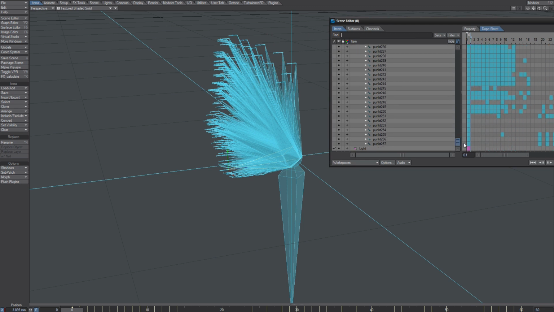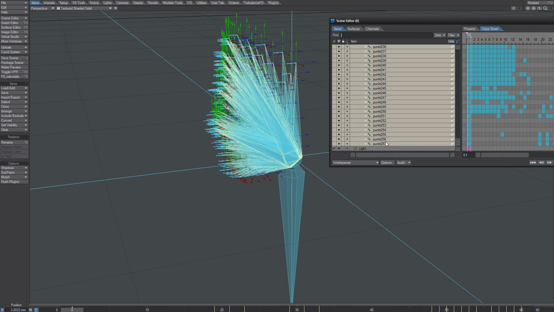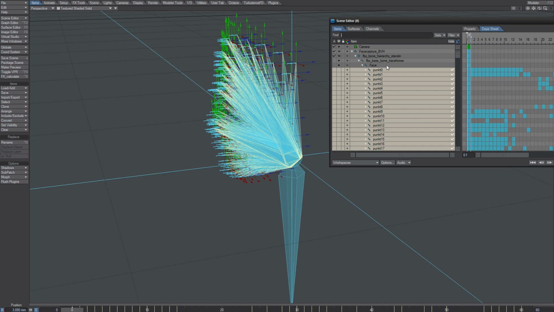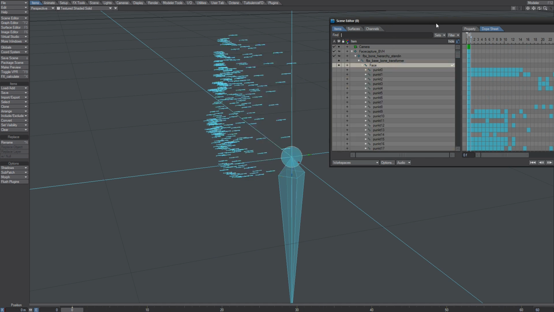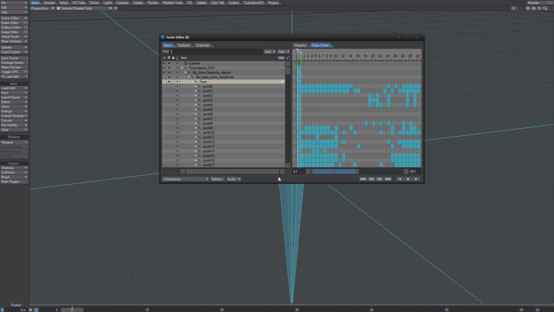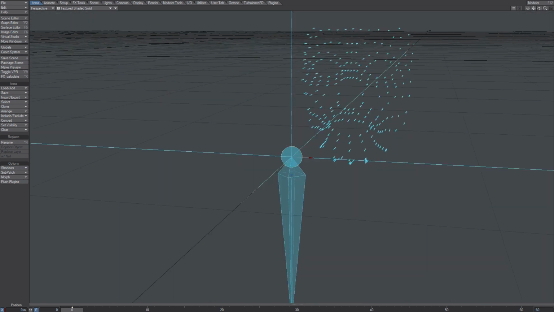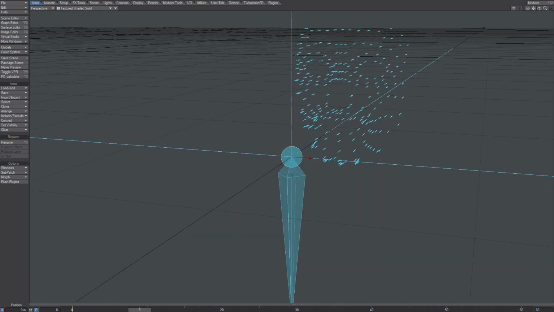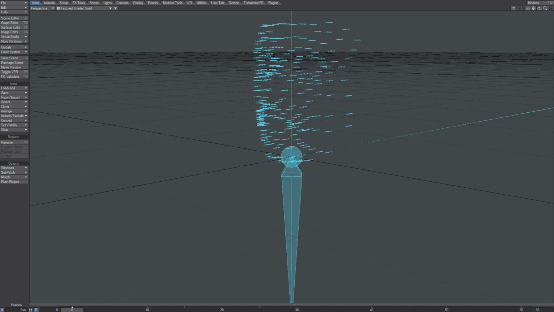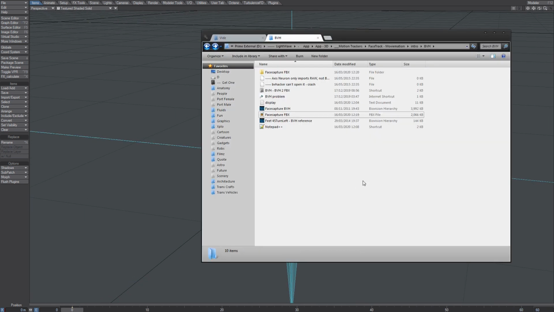I think, let's see, if we take all of those guys, yeah, so I can hide those, I guess. Yeah, so if I go like that, they should be hidden, and there it is. So you can see that that is not too far away from what we had in Blender. So yeah, if I scrub this now, yeah, that's pretty much correct. So that's how we can fix that